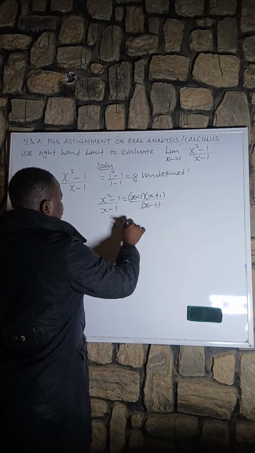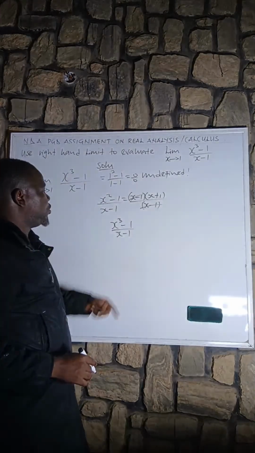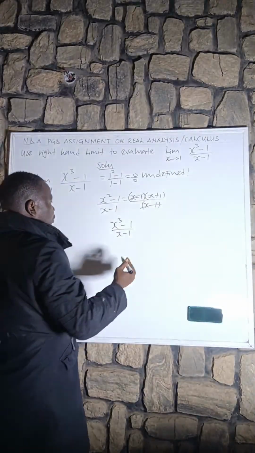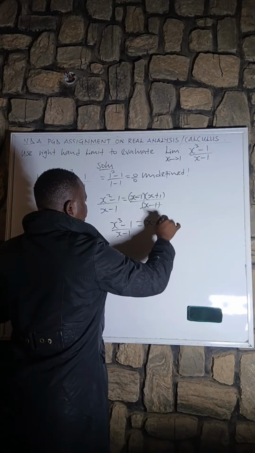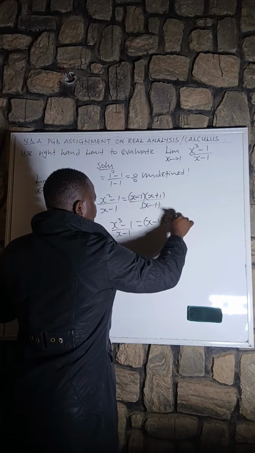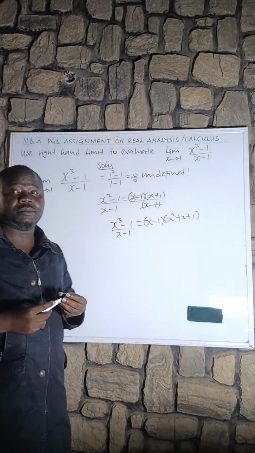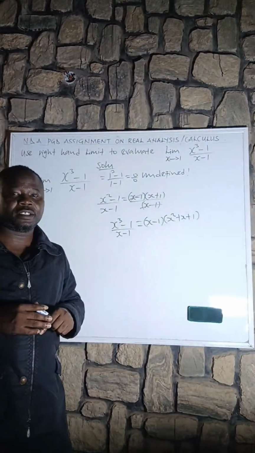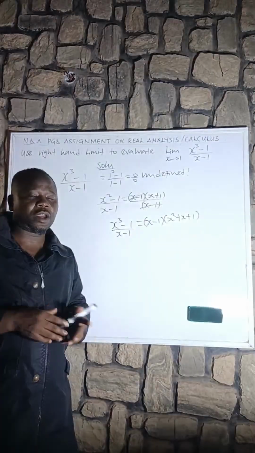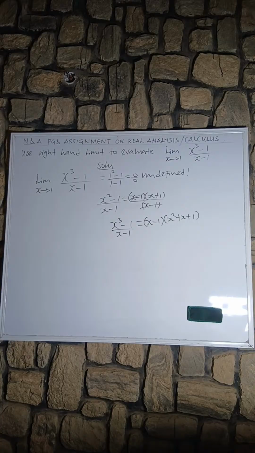But here we have a cube. So the difference of cubes is what we are going to look for. It implies that this is the same thing as x minus 1 times open bracket x squared plus x plus 1. Let me just explain before we proceed to solve this, so that you do not see the complexity in it. Is that clear? Any question? No question? Okay. So let's